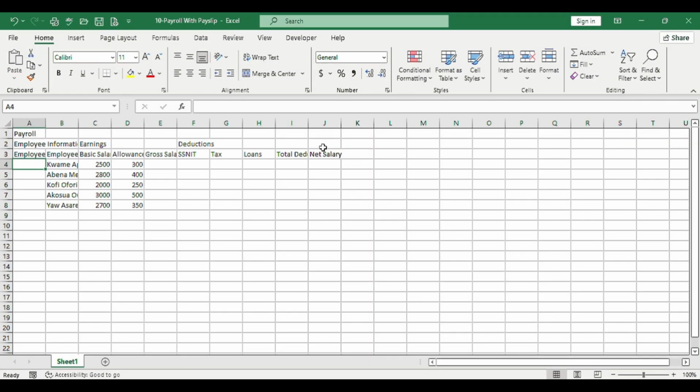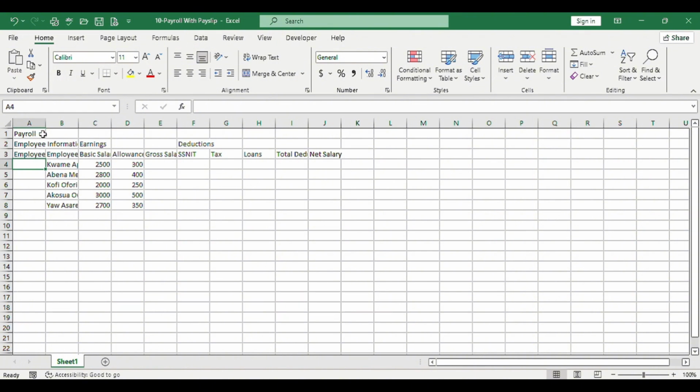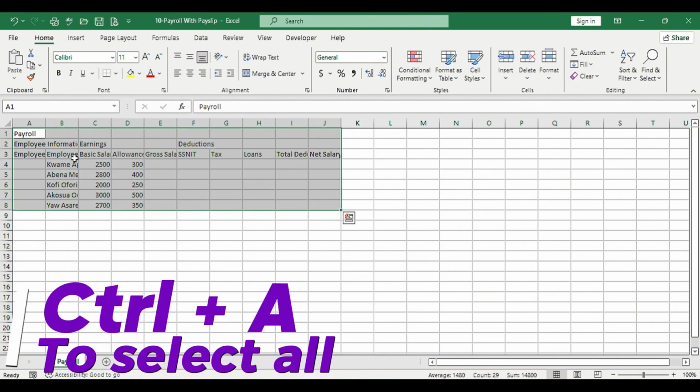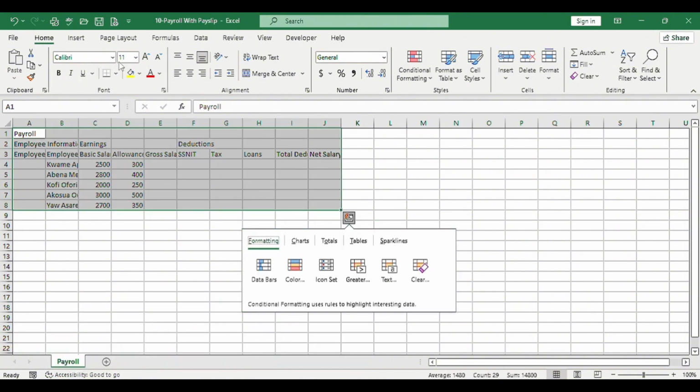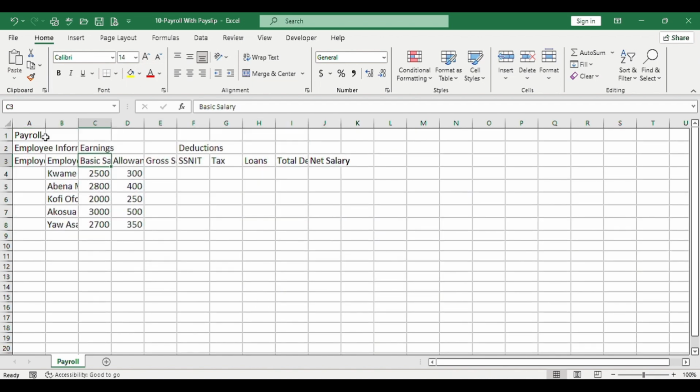First off, we need to create the main payroll table. I have a workbook here called Payroll with Payslip. I have raw data here. So let's rename Sheet1 to Payroll, and for our payroll heading, let's increase the font. So Control plus A to select all and increase the font to 14. On the payroll, let's select cell A up to cell F. Under Home, let's come to Merge and Center, then left align. Let's give it a color fill of yellow